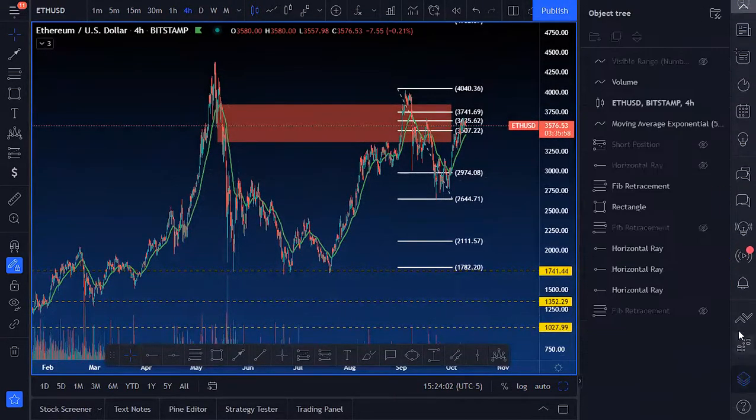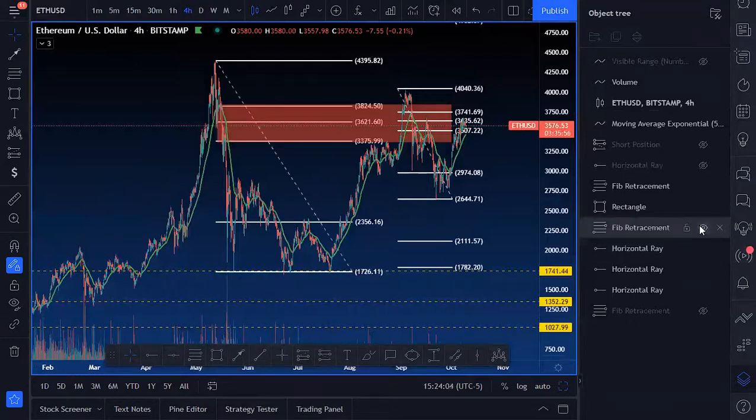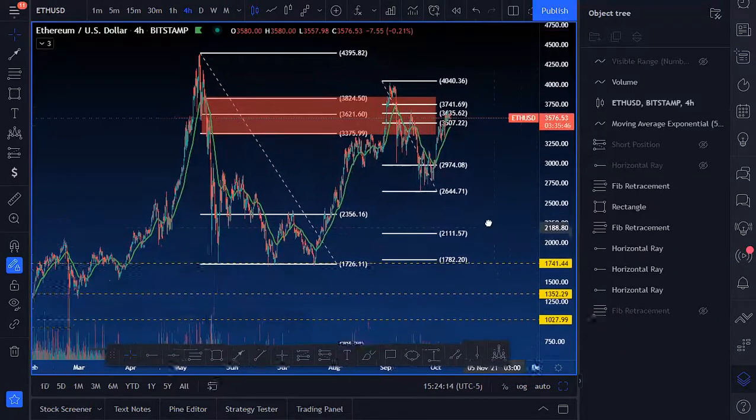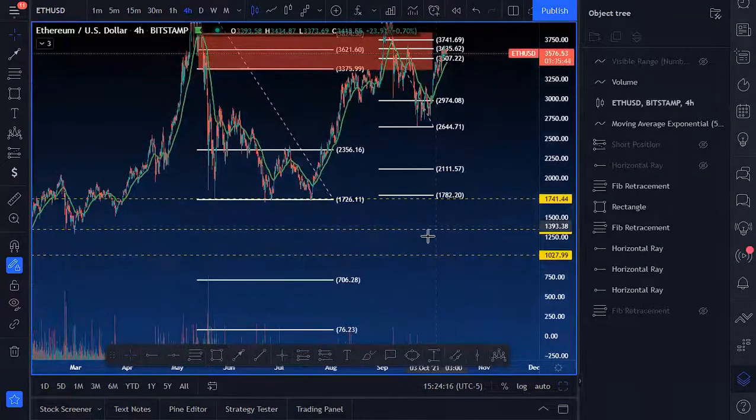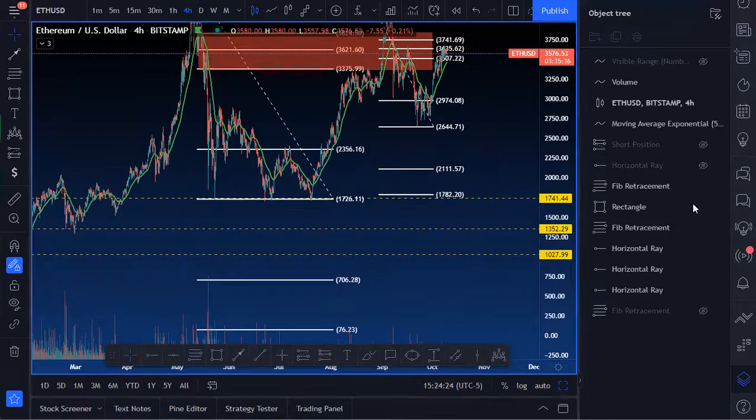Let me grab this fib right here. From the high right here, then we see price came all the way up to 4,000, dropped, retraced, and then it's still holding at the supply zone. Again, it's not too far-fetched to think that the likes of 1782 or 1352 may get hit again. So we'll see what happens on that. I'll take a look at arbitrage.